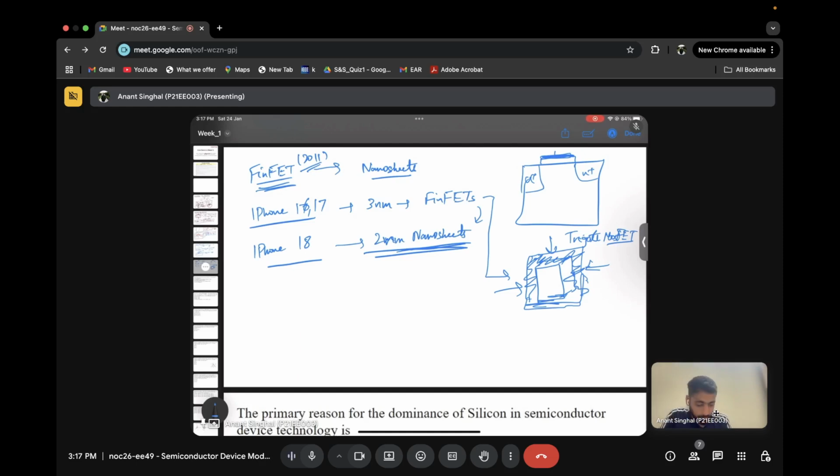So now the point is, if we are going towards the 3 nanometer node or 2 nanometer node, that means this difference will be at minimum 3 nanometers. So 3 nanometers is exactly not the channel length, but the minimum difference. So a 3 nanometer node can have a gate length of, let's say, 5 nanometer or even up to 10 nanometer. So now my point is, let's say we have any atom,